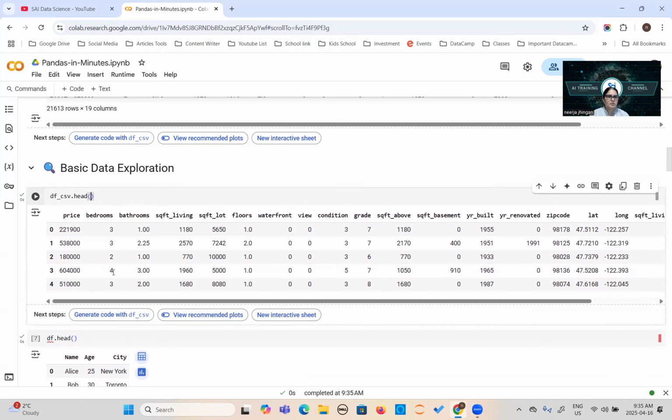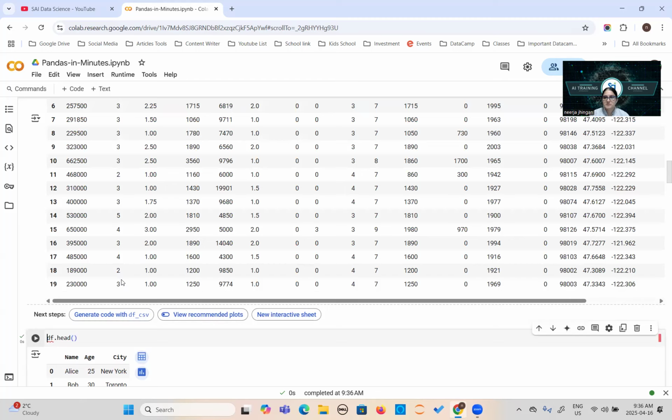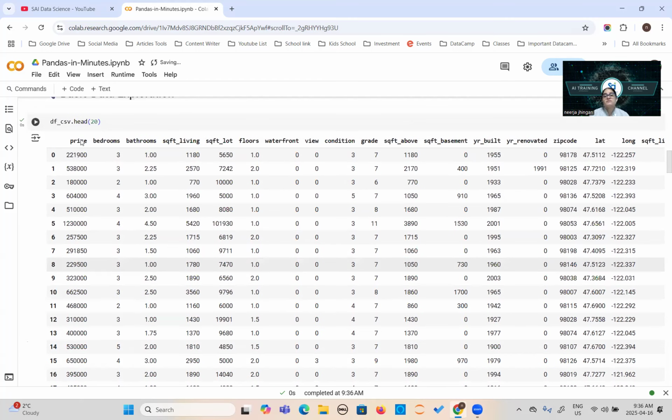But if you want to look at more records, say the top 20, you can do that. You have the facility. This is the very first step. If during an interview they ask you how you can explore the data set, the top 5 rows, your answer should be very straightforward. I will use the head method. And mind it, whenever a name comes with round brackets, these all are methods.